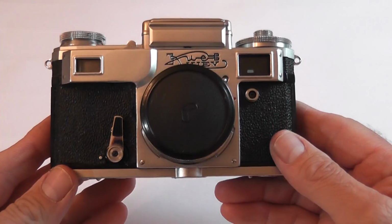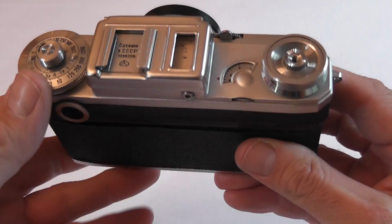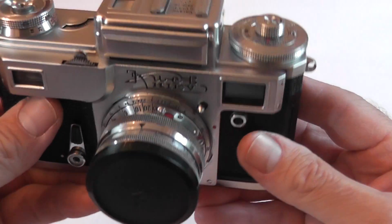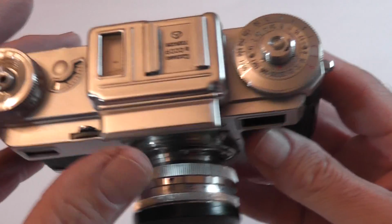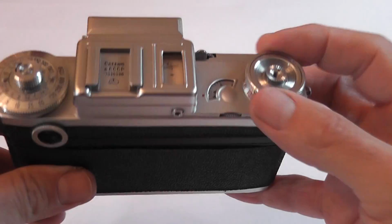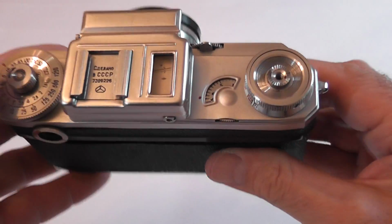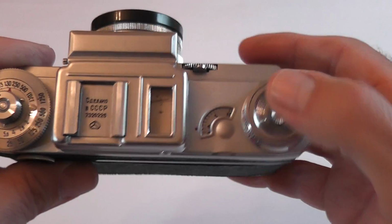And then after that I bought this Kiev, which is a Russian camera based on a Contax style rangefinder. They built various models of this. This one's got a light meter built in, which I don't think is very accurate, but it does respond to light. It's quite a bulky thing, solidly well built, with no advance lever or rewind crank. You just use the dial to set the shutter, advance it and cock it. So that was my next one, and then after that I bought this Yashica